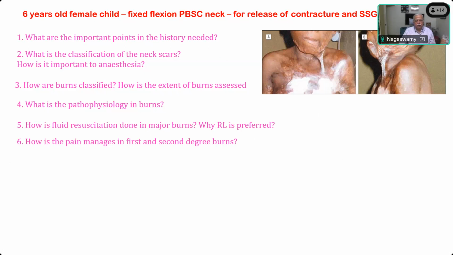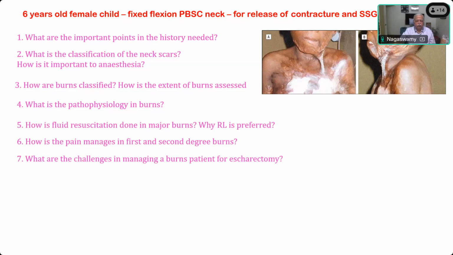So how is the pain to be managed? What are the methods? Paracetamol and low dose narcotics, gabapentin. Gabapentin is for neuropathic pain, not for burns pain. Have you heard of the TMC cocktail? No, sir. So tramadol, midazolam, and ketamine, they can be mixed in the same syringe, then given as a